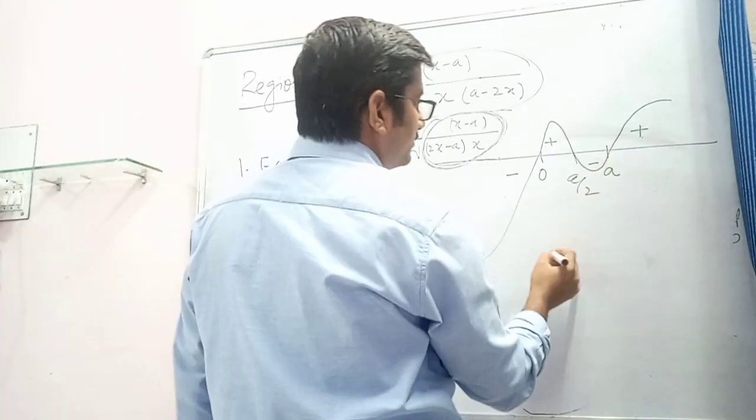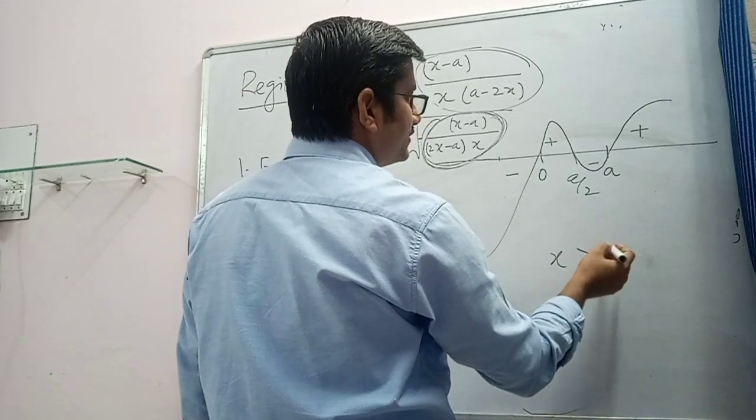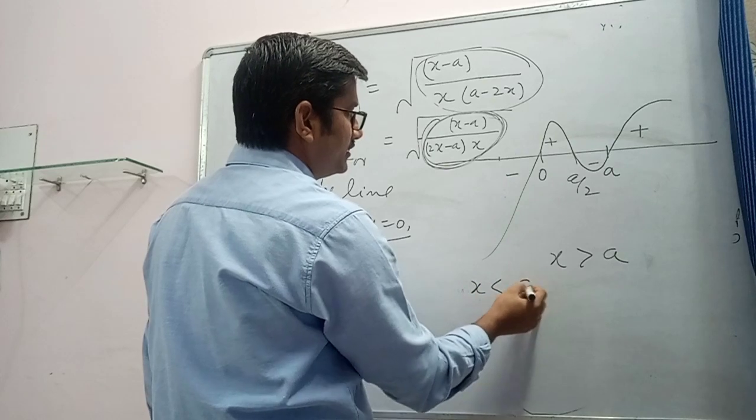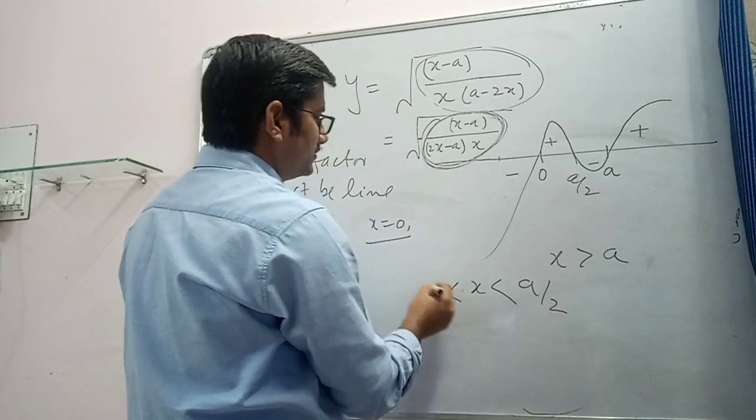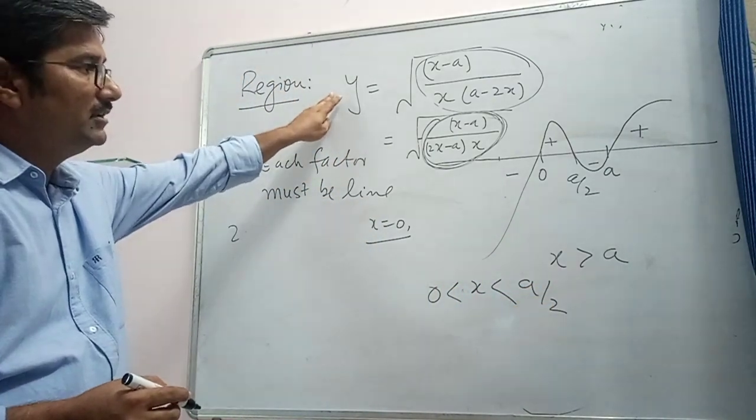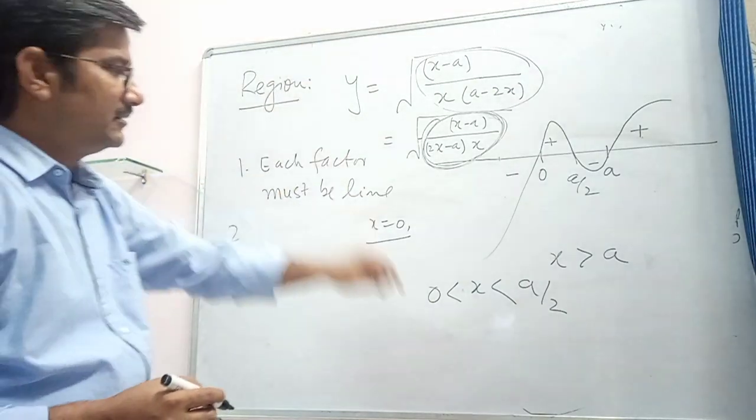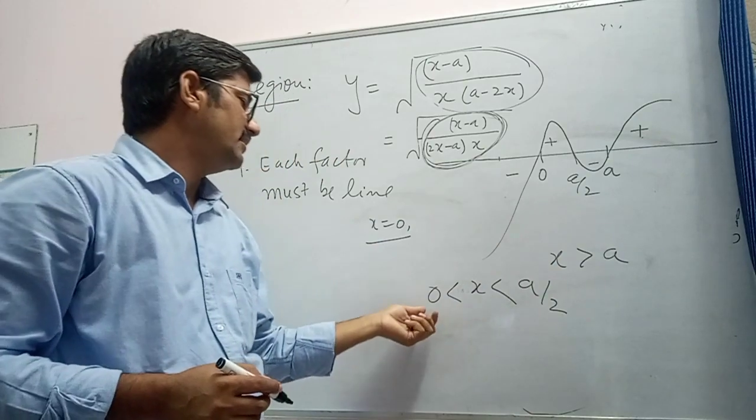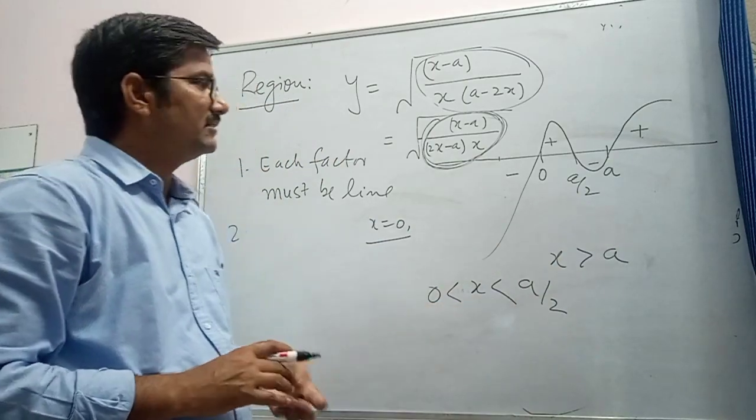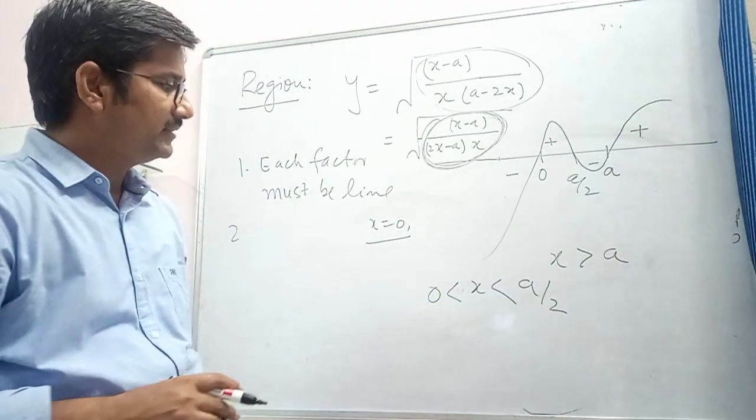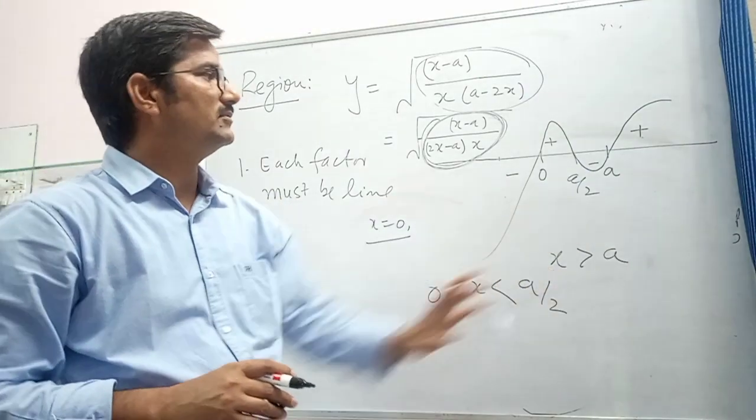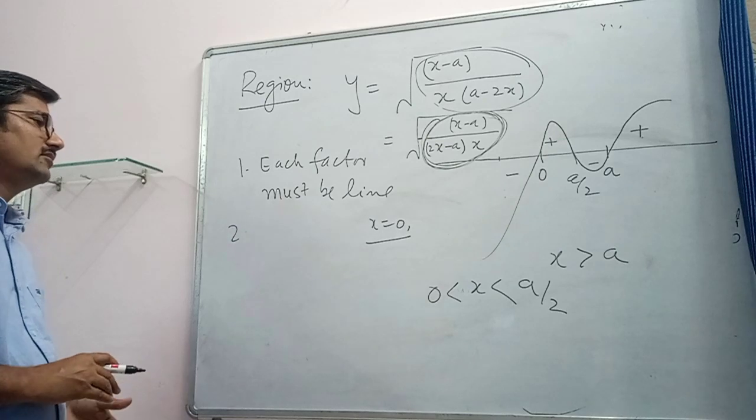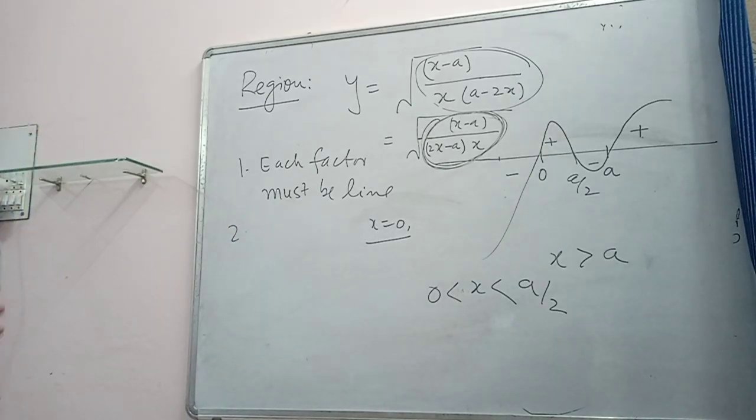So the positive value of the expression is if x is greater than a and if x lies between a by 2 and 0. It means this curve will not lie in the region where x is greater than a and x lies between 0 and a by 2. So we will not waste our time to trace the curve between these portions. Okay. So this was the one example on the basis of which we have explained to you